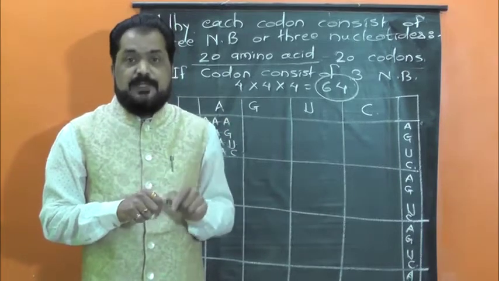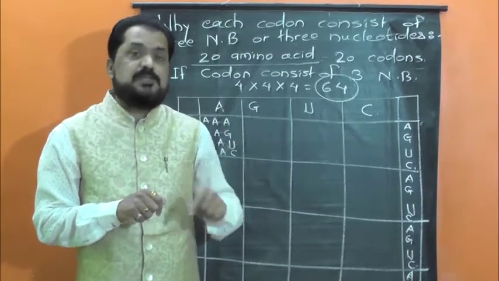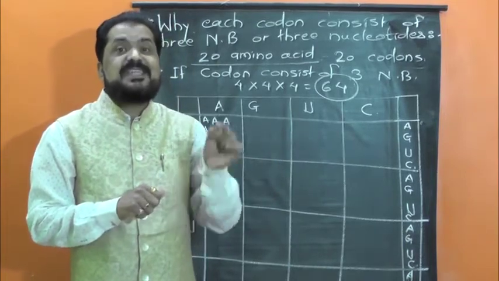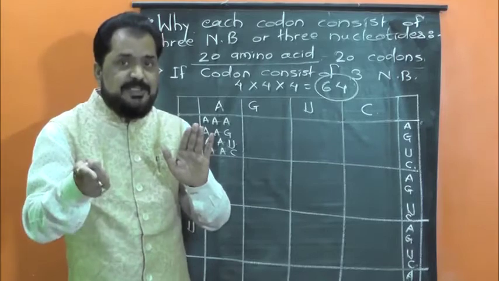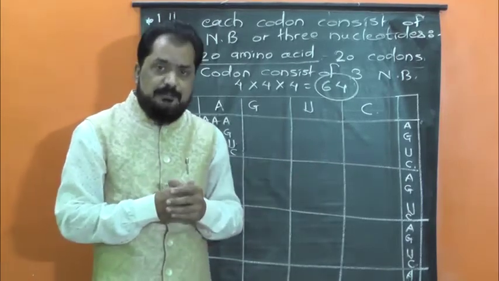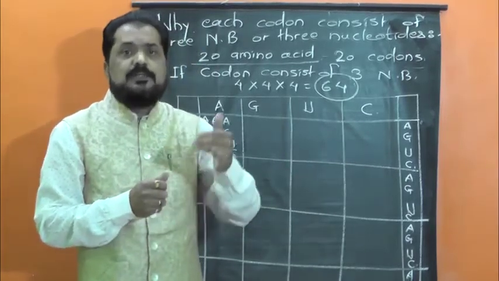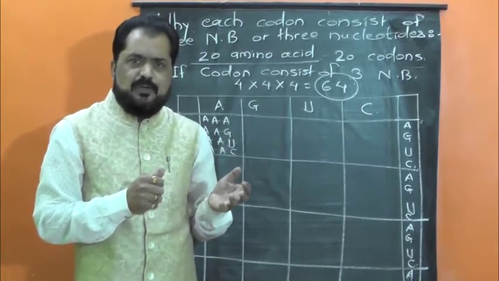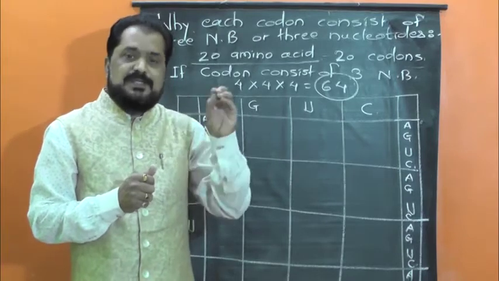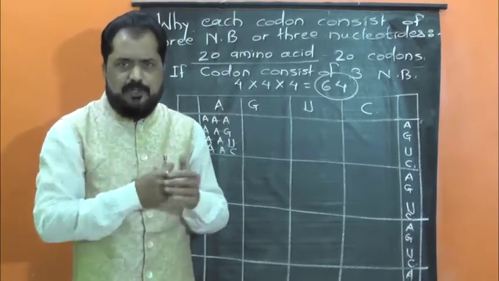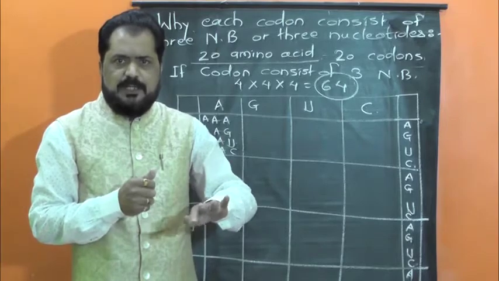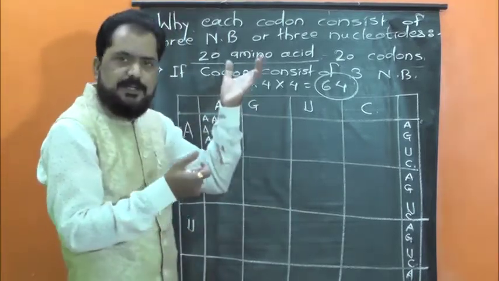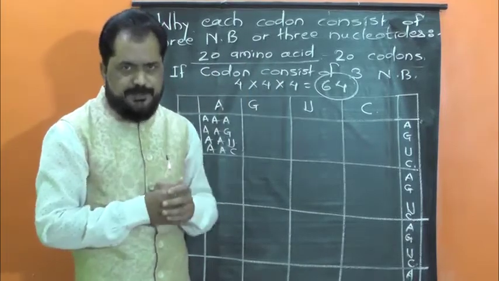And hence those 61 codons which specify for different amino acids are called sense codons, and the remaining 3 which do not code for any amino acid are known as the nonsense codons. Of course, the sense codon and nonsense codon have a particular significance about which we shall talk after some time. But temporarily we have to understand why is codon triplet in nature. So here we have studied.